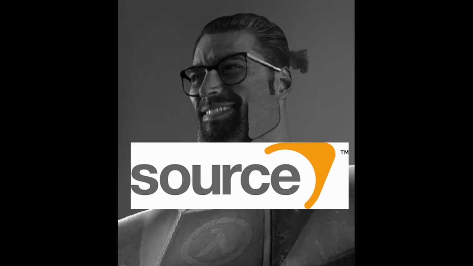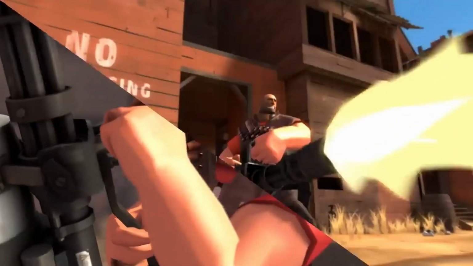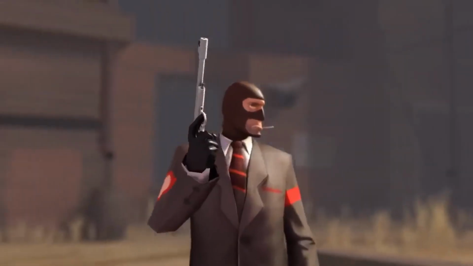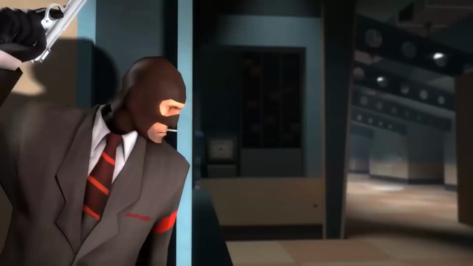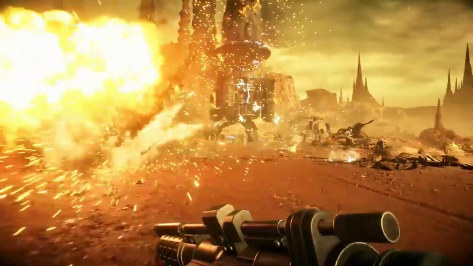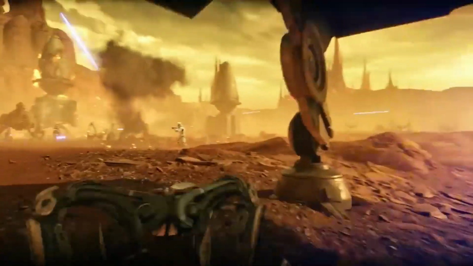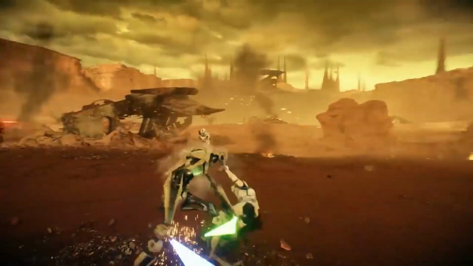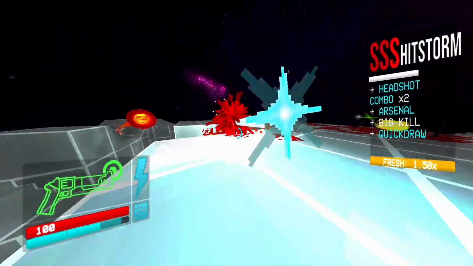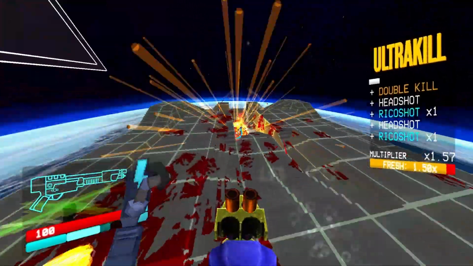Valve has the Source Engine, a truly unique system that has created some of the most iconic PC releases of all time, and is also a platform that has spawned so many other creations in both the modding and the animation scene. DICE with their Frostbite engine never ceases to amaze me with its close to real life graphics, like in the recent Battlefield entries and even Battlefront 2. Other studios like the studios behind Call of Duty, Rockstar and Ubisoft all have their own game engines, and they all have their own unique distinctions between each other that are reflected upon the games that come out of it.